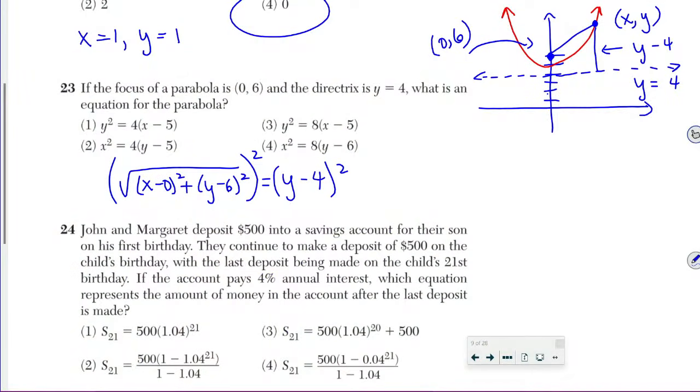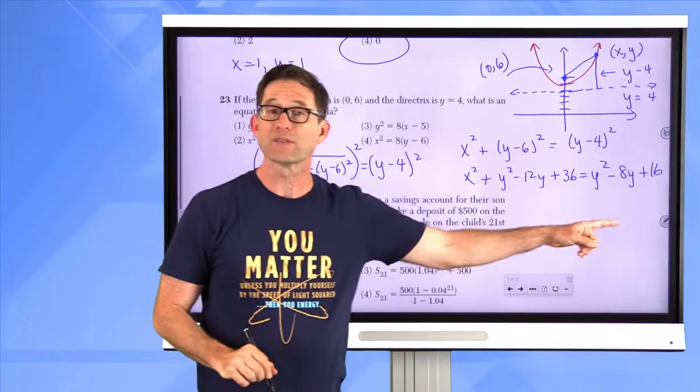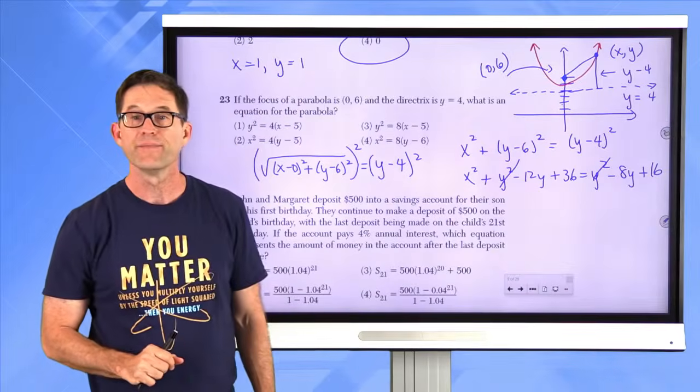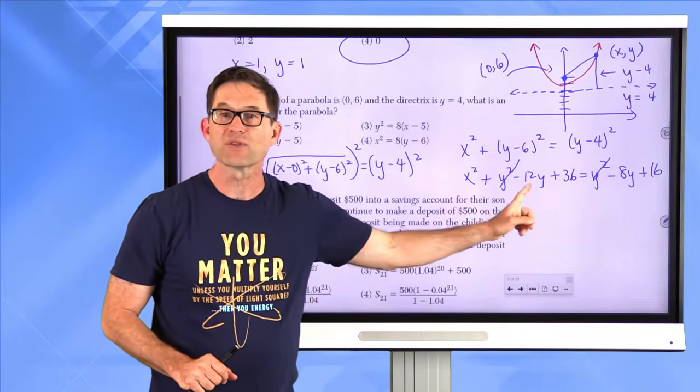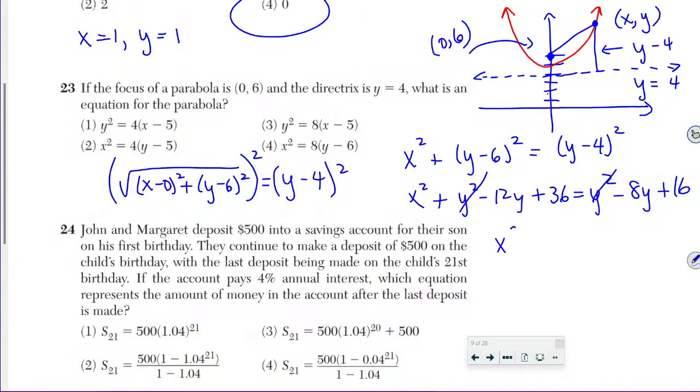On this side I'll end up getting x minus 0 squared, which is just x squared, plus y minus 6 squared is equal to y minus 4 squared. So I'll get x squared plus y squared minus 12y plus 36 is equal to y squared minus 8y plus 16. Notice there's a y squared on both sides, so I'm going to subtract that from both sides. That's gone. Now I've got x squared minus 12y minus 8y. I'm going to bring that 8y over to this side, and that's going to give me x squared minus